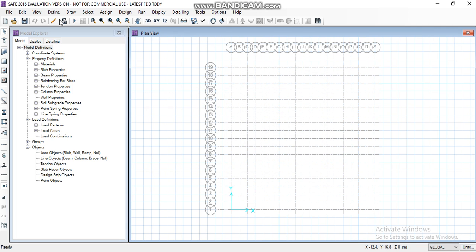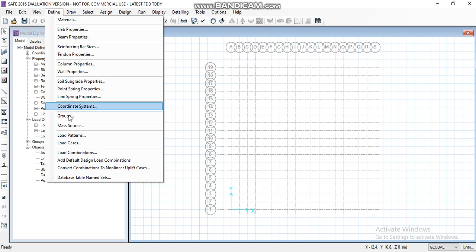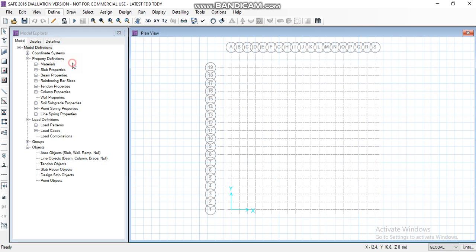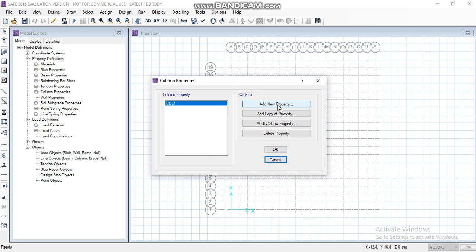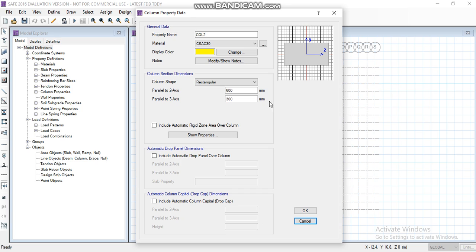Now go to the Define menu and click on Column Properties. Here click on Add New Property. Here are 16 columns of 2 different types. The column dimension is 500 into 500 mm, and the material is M40.